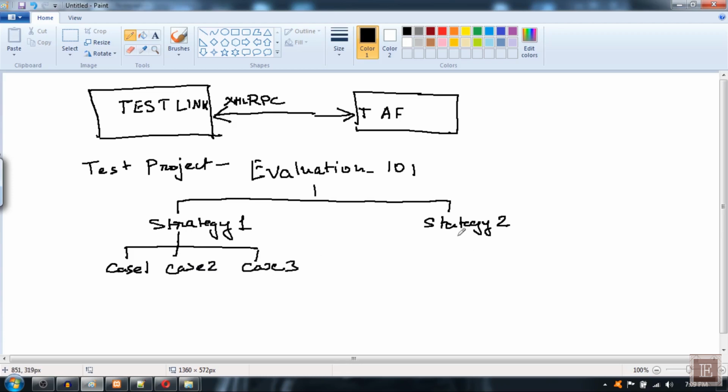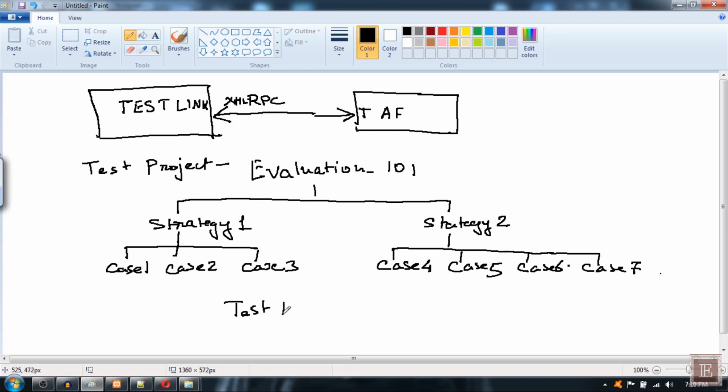Under strategy 2, we have 4 test cases: case 4, case 5, case 6, and case 7. Okay, now I have created 2 test plans, test plan 1 and